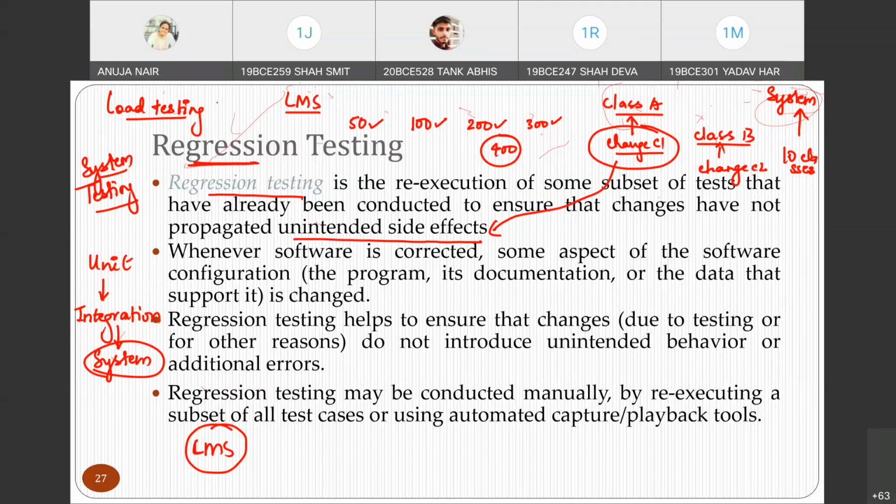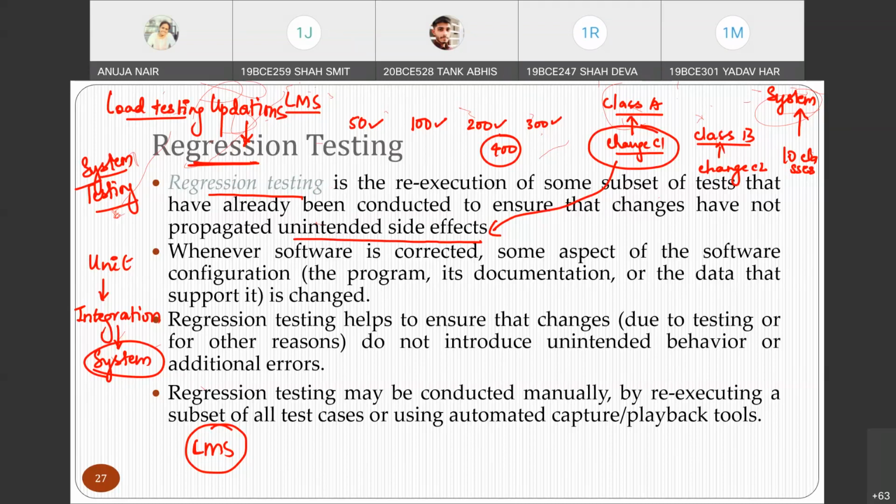So what I can say is that after you perform some updations, you don't call it unit or integration testing. After you perform these updations, we call it regression testing. It's just a different name, so that I can say, okay, I have done regression testing on the system. What does that mean? That some changes have been done on the module, on the system, on the code, and now I want to test it. Then it is called regression testing.